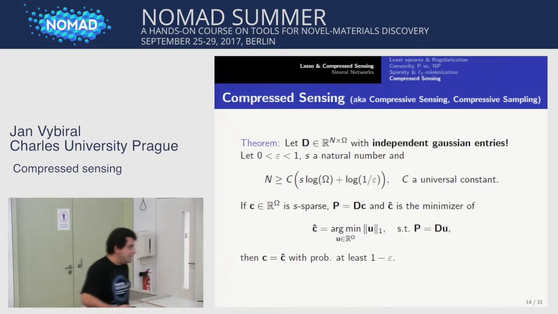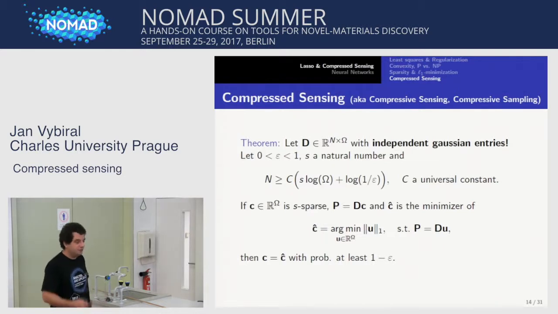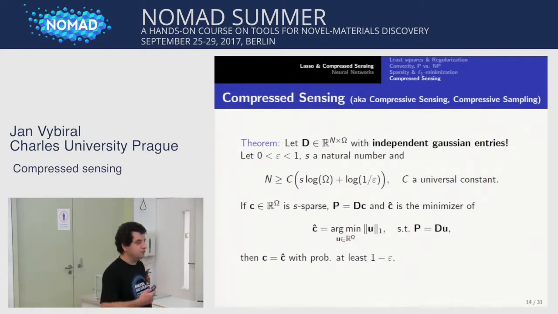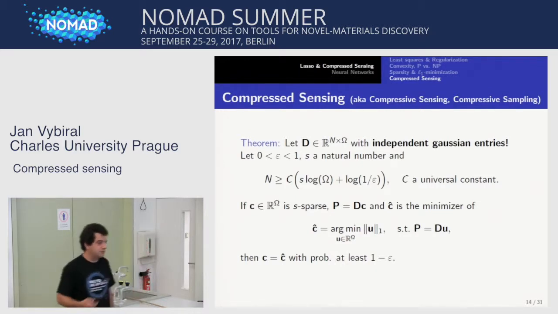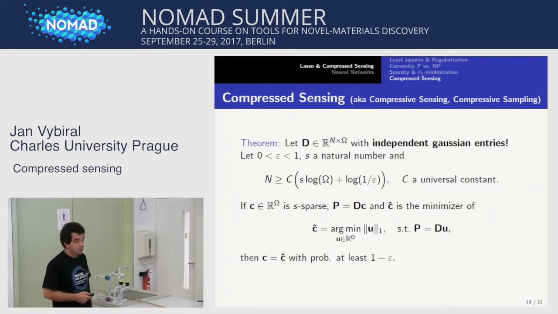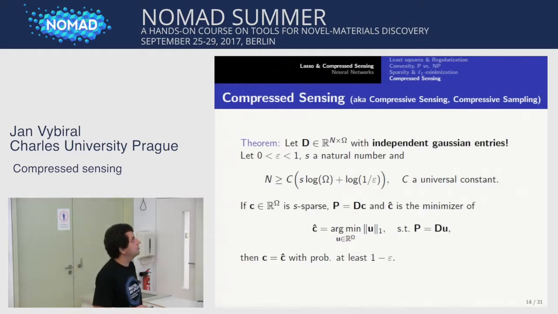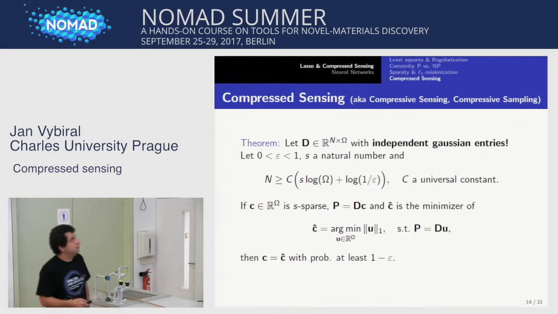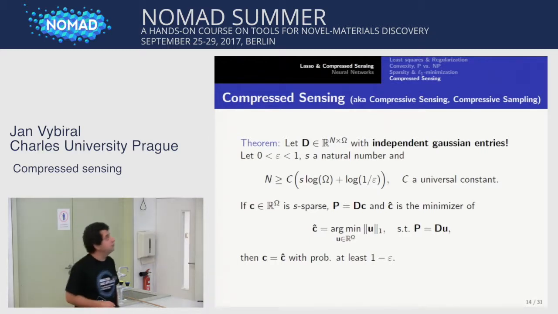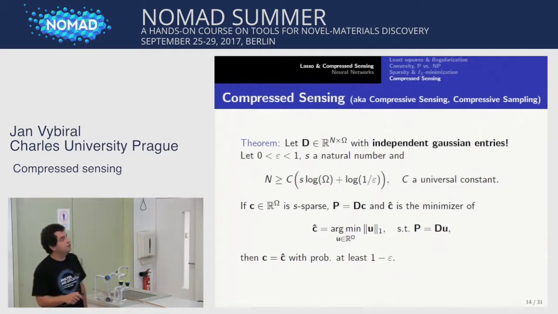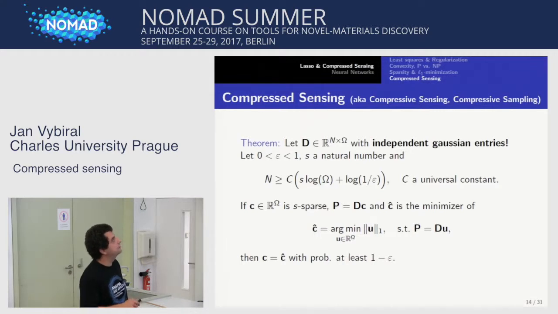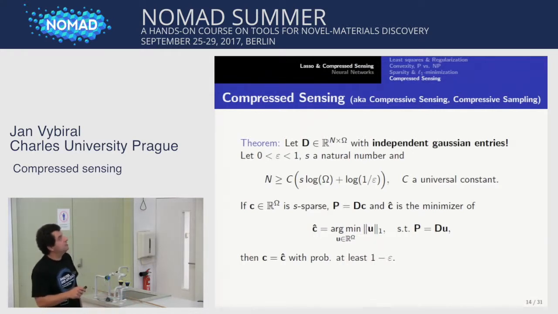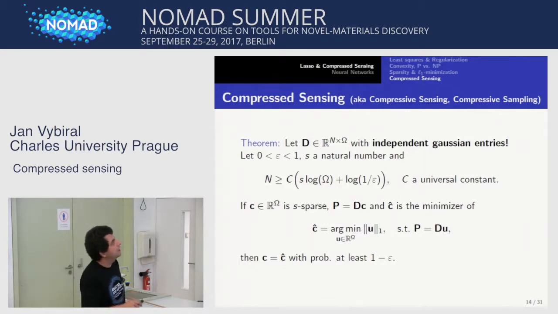But my aim here is to promote you to really think about that, and to really think about when it's reasonable to run it and when it's reasonable to expect that actually the outcome will most likely be of not much use. So we actually have a theorem, I will give you the authors later, which goes like that. If the D, which I had on the slides before, is a matrix with independent Gaussian entries, so you generate a huge number of random numbers, and the number of lines is large enough, I will get to that later,